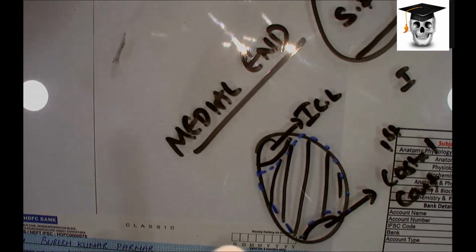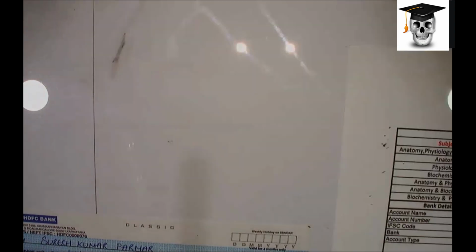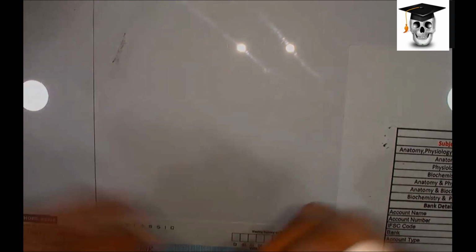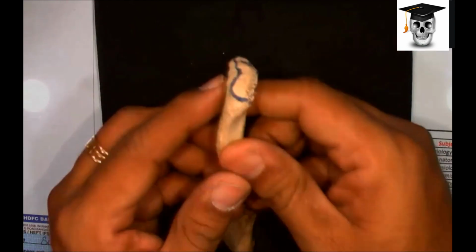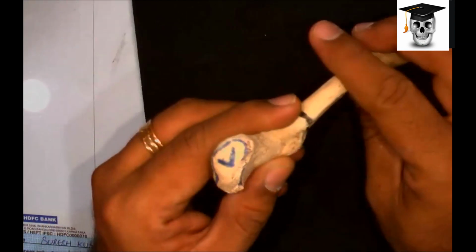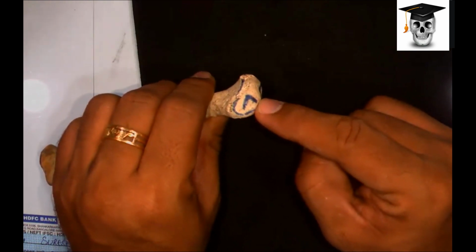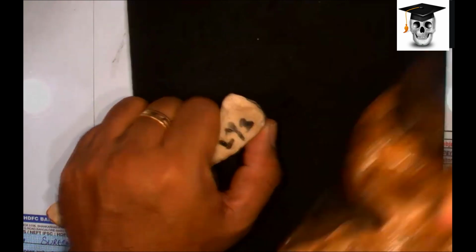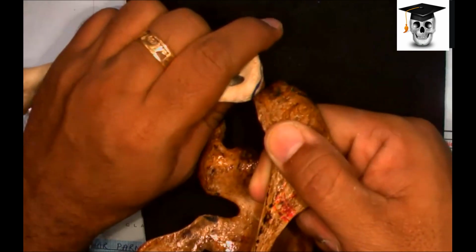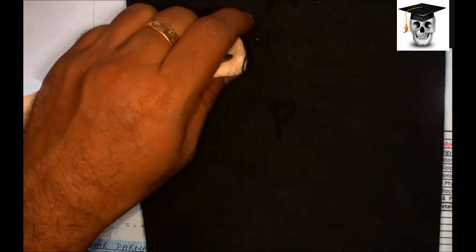Any problem? Now we go to the lateral end. The lateral end of the clavicle is flat, as we already mentioned, and it is simple. If you notice here, the lateral end bears a smooth facet. The small area where L is written is smooth. This will articulate with the acromion of the scapula to form the acromioclavicular joint. Clear? So that is the lateral end of the clavicle.